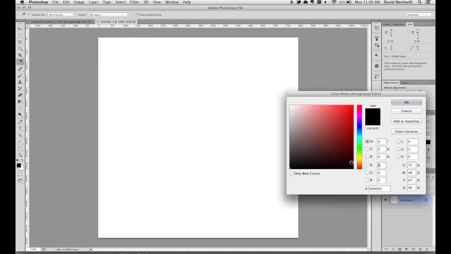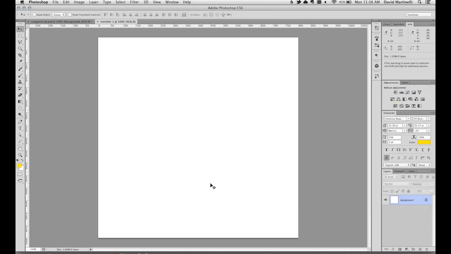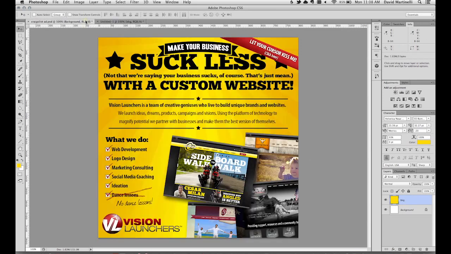Next thing I'll do is find a color here that kind of matches that golden color that was used in the background. So there we go. I'll make a new layer and option fill with that. I'll call this background. The next thing I want to do is actually create these golden rays that are coming down from above here. They're subtle, but they add a little texture to the background and kind of an interesting